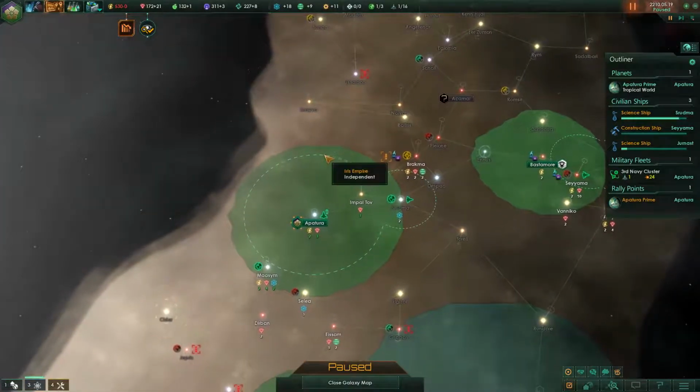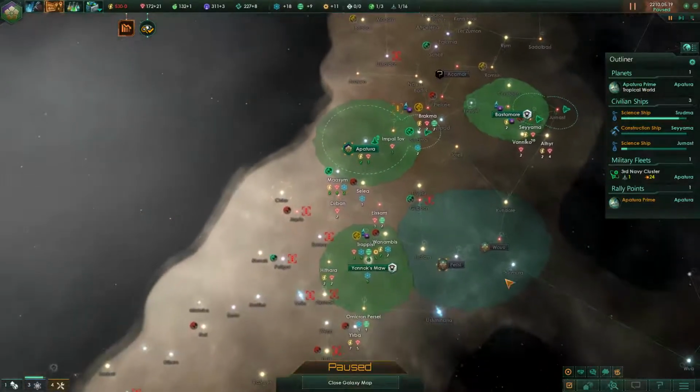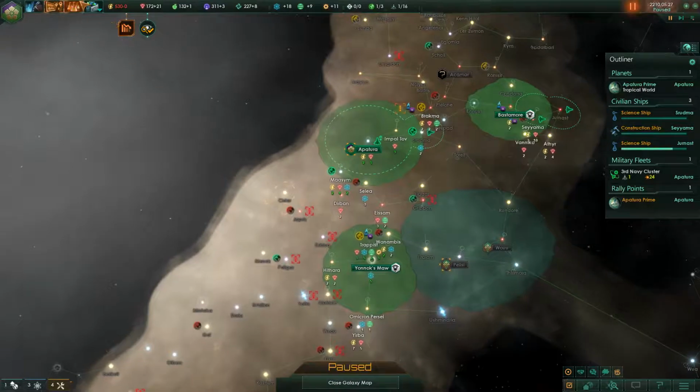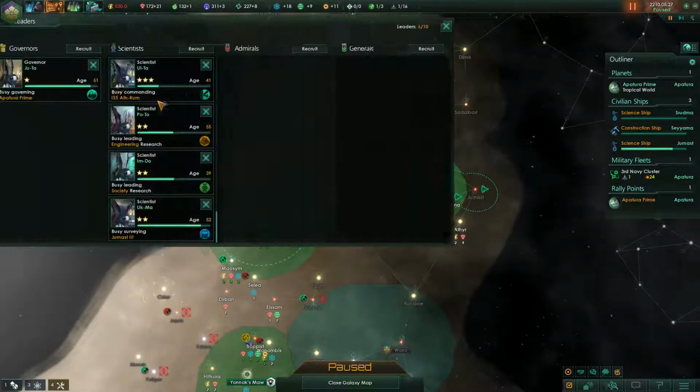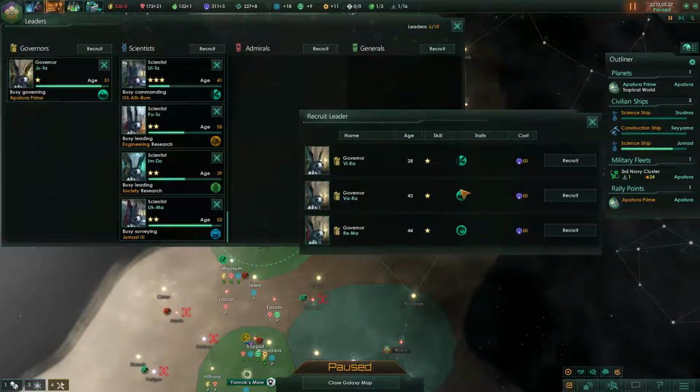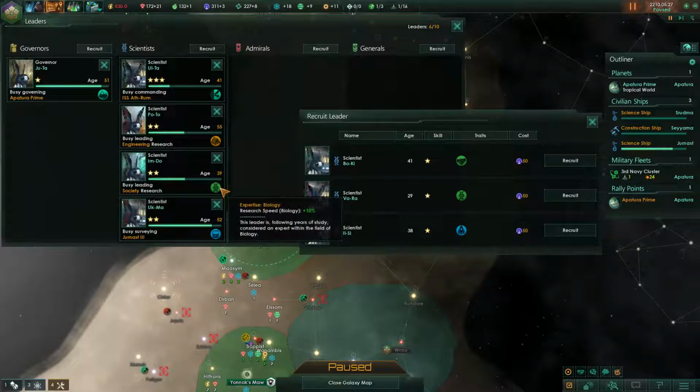And this is about time we want another science ship, actually. And since the new decade started, that also means that we should have access to some new leaders. Let's take a look. Don't care. Yeah. Maybe Voidcraft wouldn't be a bad idea. Do already have